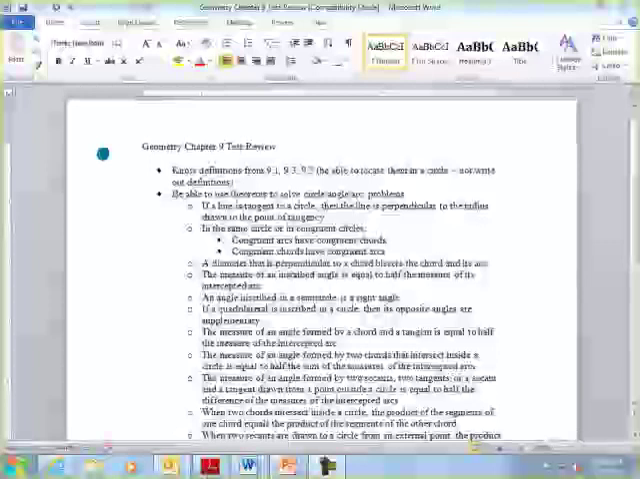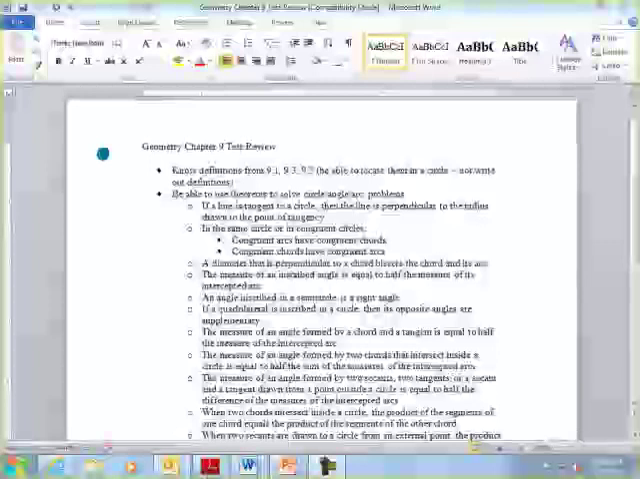If a quadrilateral is inscribed, opposite angles are supplementary. Measure of an angle formed by a chord and a tangent is half of the arc. An angle formed by two chords inside the circle is half the sum of the arcs. An angle formed outside the circle, whether it's by secants or tangents, is equal to half the difference of the